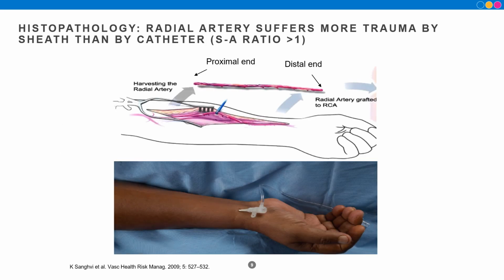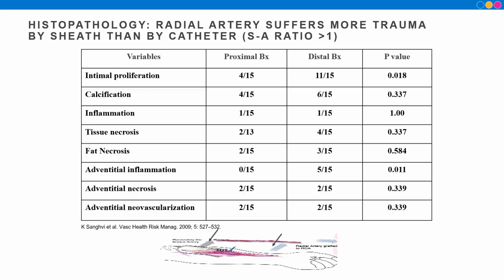Early in our investigation of radial artery biopsy specimens, we asked our surgeons to give us the proximal and distal ends of the radial artery at the time of harvesting it as a conduit for bypass surgery. Half of these patients had radial artery use, the other half did not. We investigated these with pathological examination. What was found is that the distal artery had much more signs of intimal proliferation and adventitial inflammation,